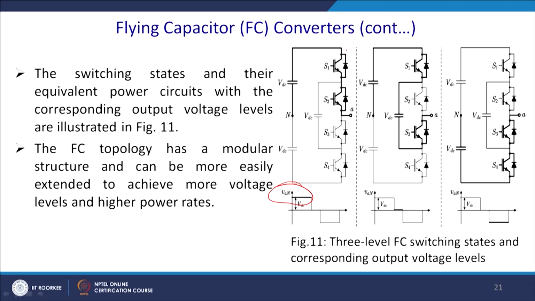If you wish to generate this voltage, it is the same, but when you try to generate negative voltage, generally S1 and S3 are required to be turned on, but in that case S2 and S3 are required to be turned on, and here S3 and S4 are required to be turned on, that is the same as that of the diode clamp inverter. So, these are the changes, while 0 can be done through